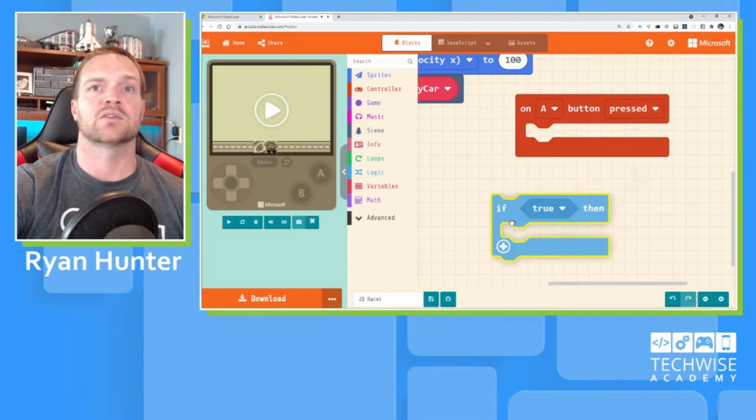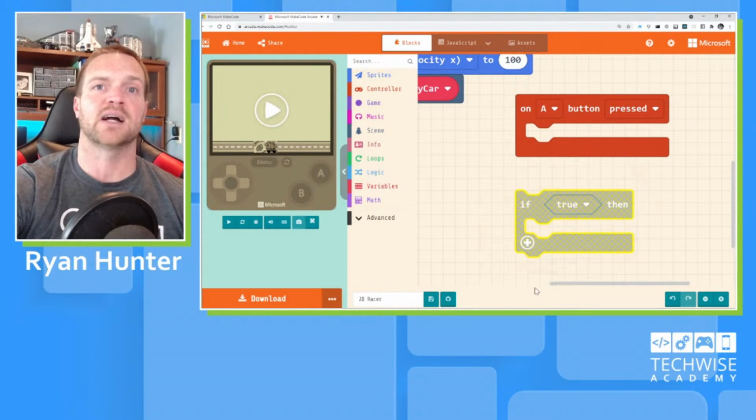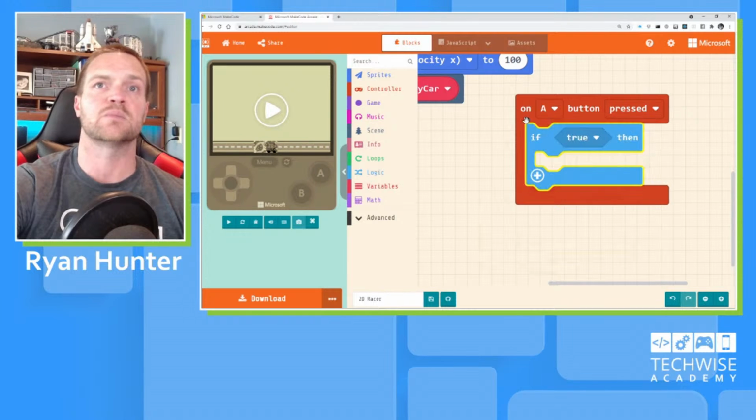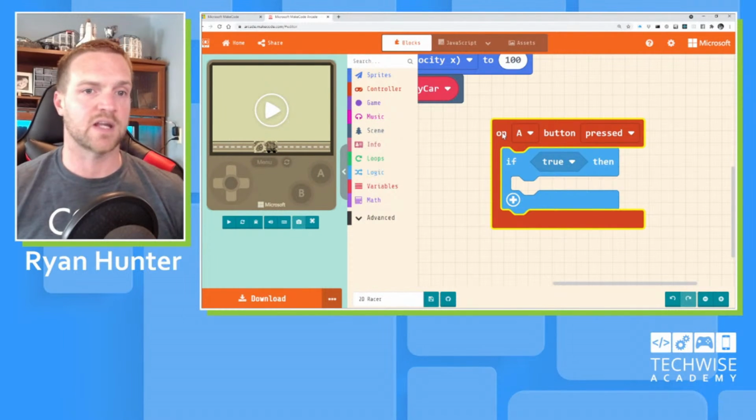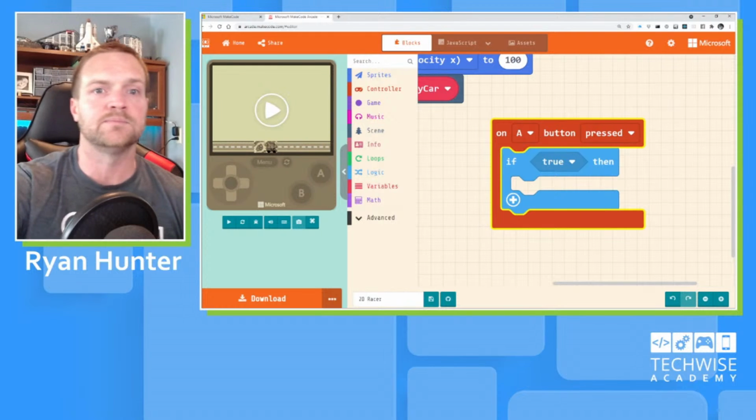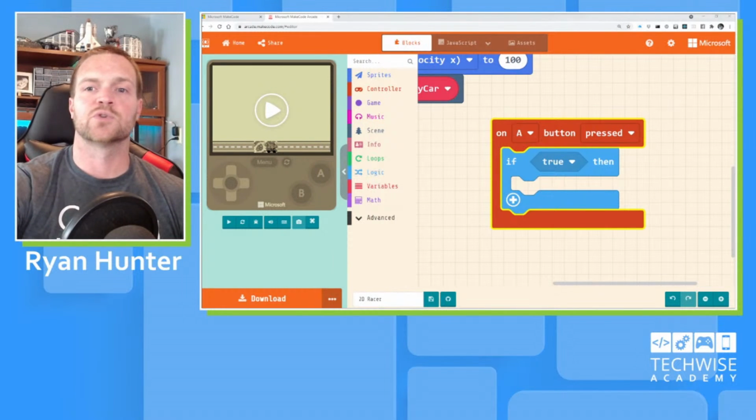So this can't really sit here and live by itself. You notice that it's all yellowed out. Once that's the case, this needs to be inside of something else. We can't just have if statements sitting around all over our game. So if true then,